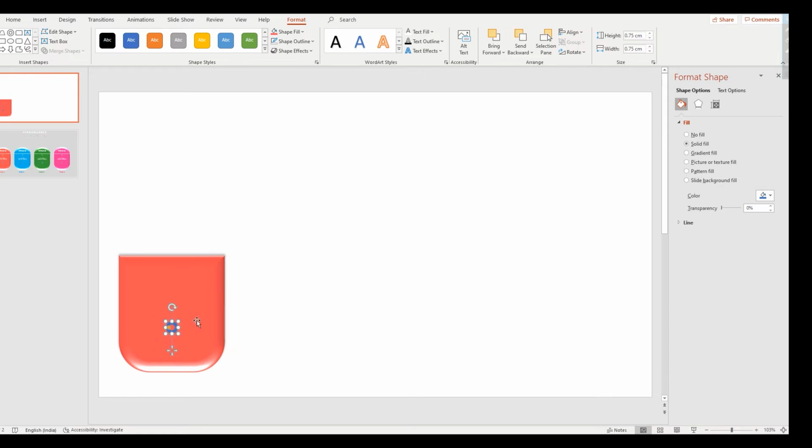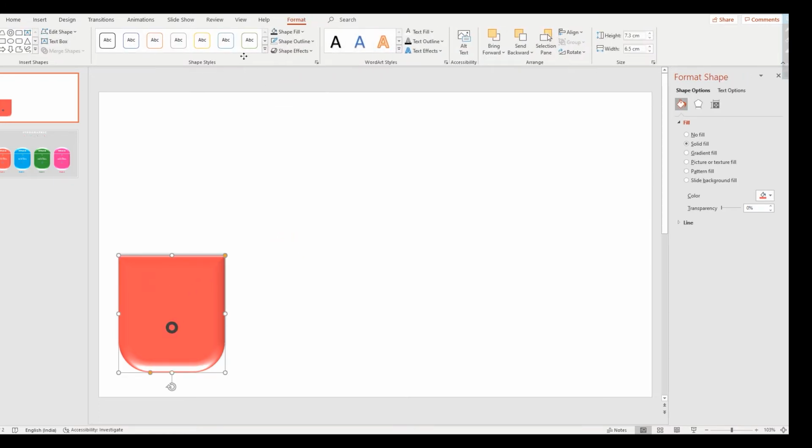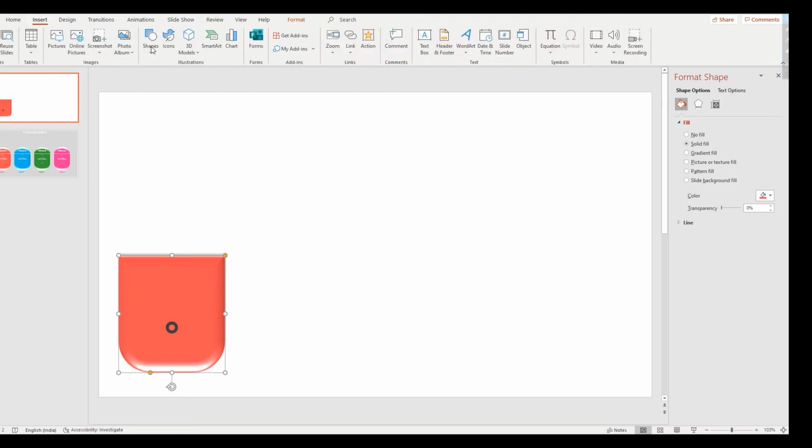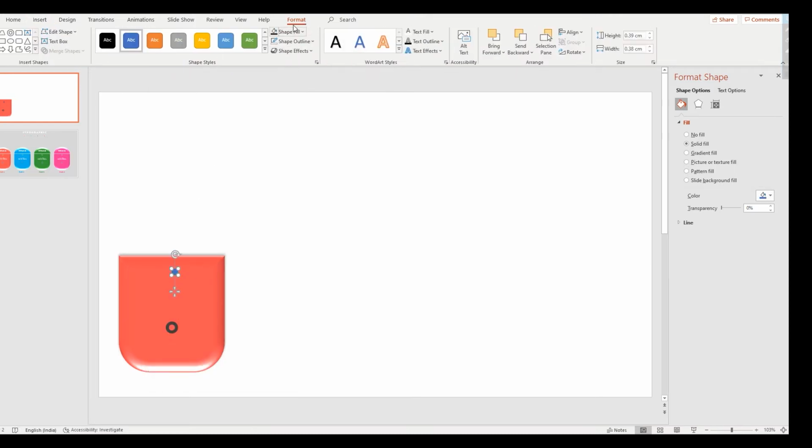It looks nice. Again insert shapes, take the circle, small circle, remove outline, color it, height and width we need to change to 0.35.